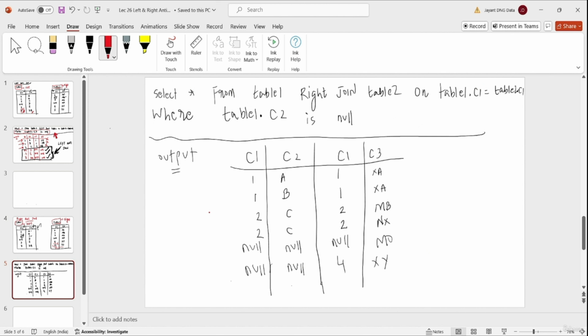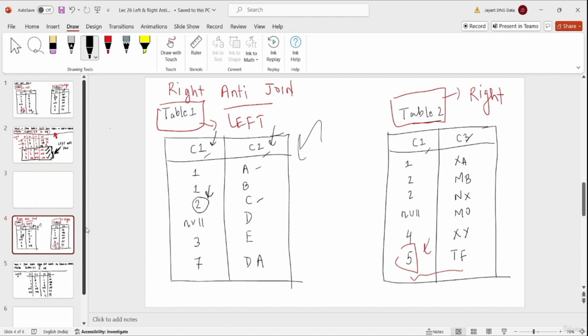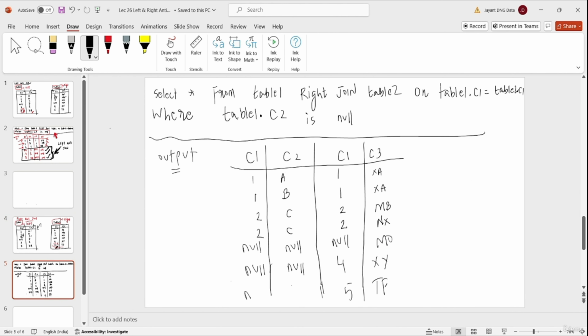So here we will write 5 TF in the output. But since this 5 in column 1 of table 2 doesn't match with any value present in column 1 of table 1, corresponding to all the columns coming from table 1 or the left table in the output, we will get null values. That's why we will write null and null here.